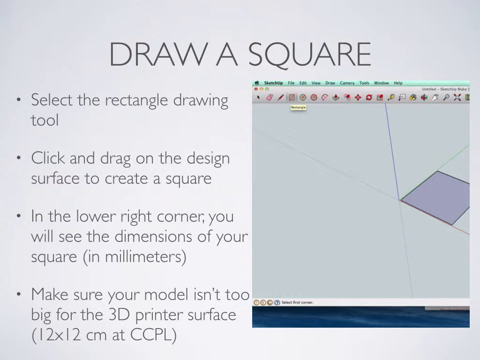And as you're drawing your square, if you look in the bottom right-hand corner of your software, you'll see the dimensions of your square. There's a little box that shows how many millimeters your square is as you slowly drag it across. Once again, you want to make sure that your model isn't too big for whatever your 3D printer's print surface is. Like ours here at the library is 12 centimeters, 12 cubic centimeters. So now that you have the square,